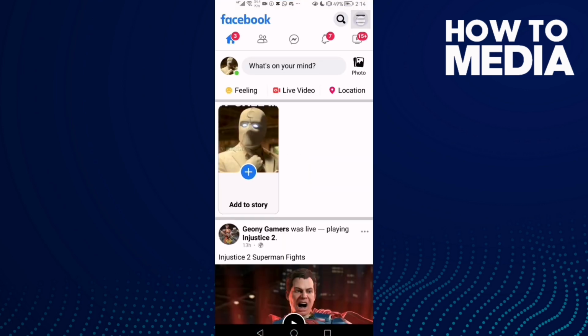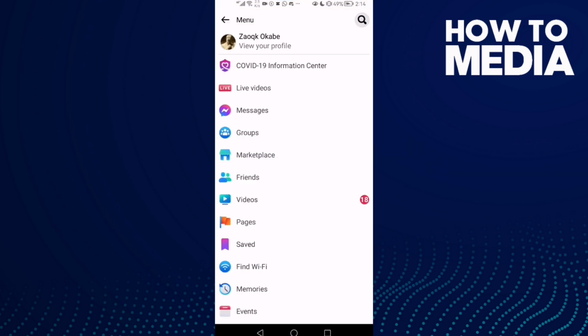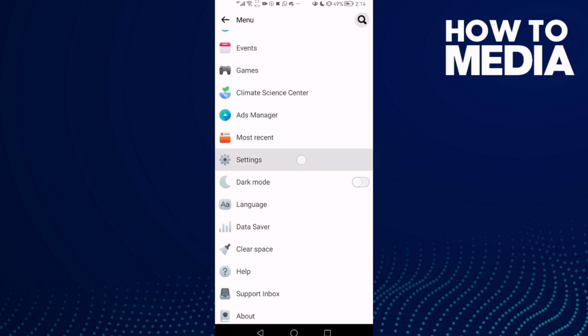First thing, go to Facebook Lite and click these three lines in the top corner, settings,